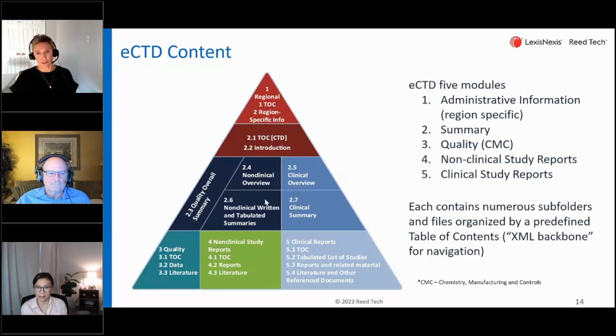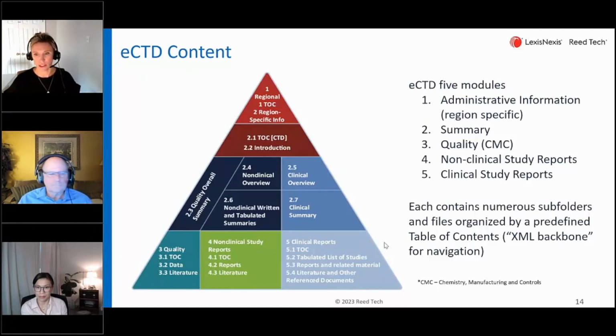Moving on to module 3, we have the quality, or CMC, which is chemistry, manufacturing, and controls. Then in module 4, you have your non-clinical or animal studies. And in module 5 is where your clinical and human studies would reside. So this is a very high level